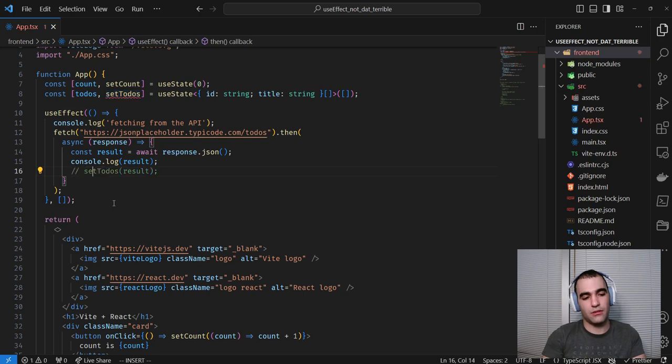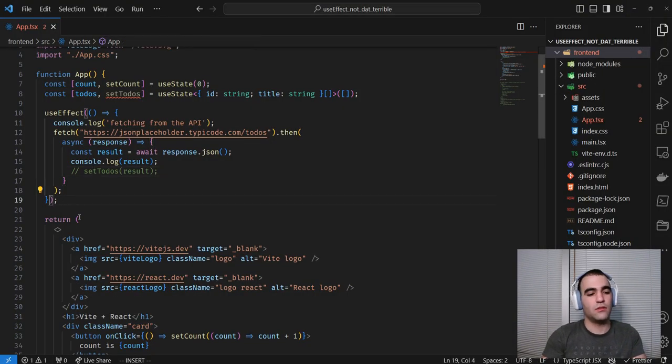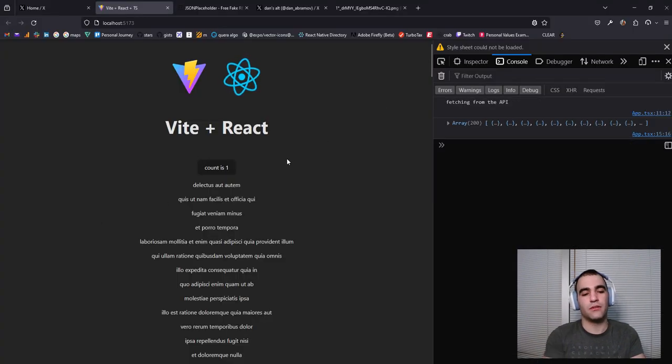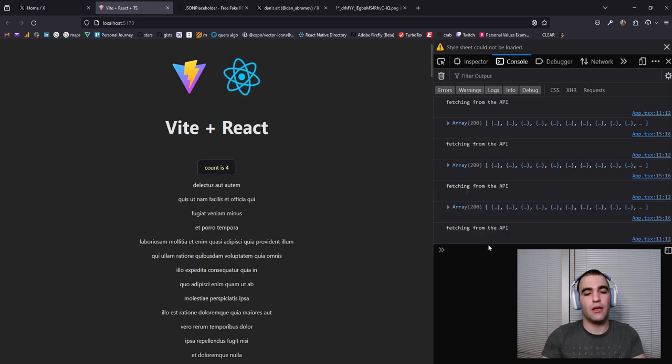So if I comment this out and remove this, it always runs the useEffect whenever you update something. See, for example, here if I hit the count, it refetches from the API,